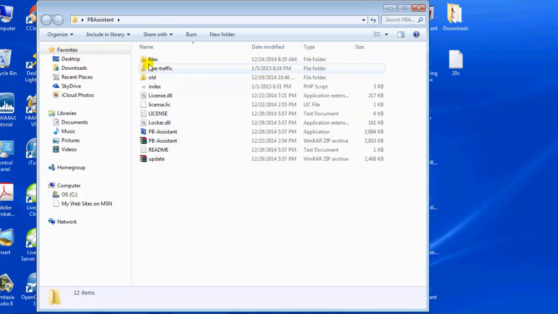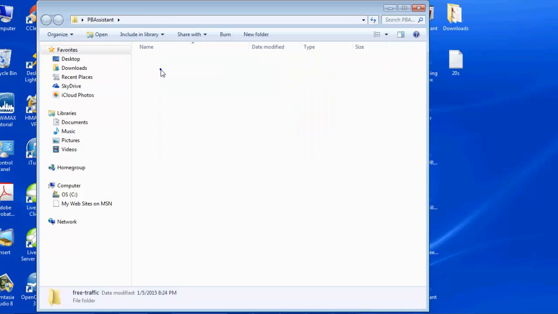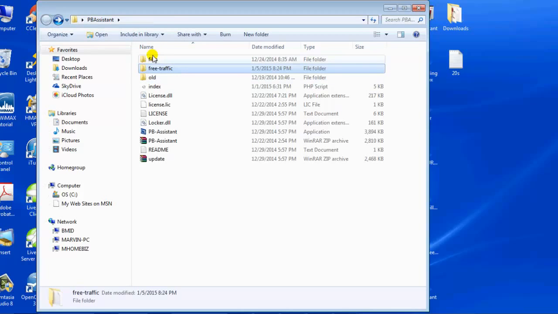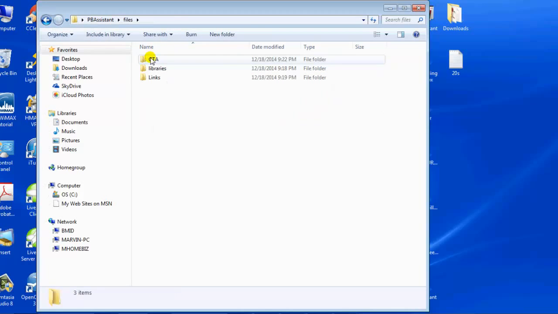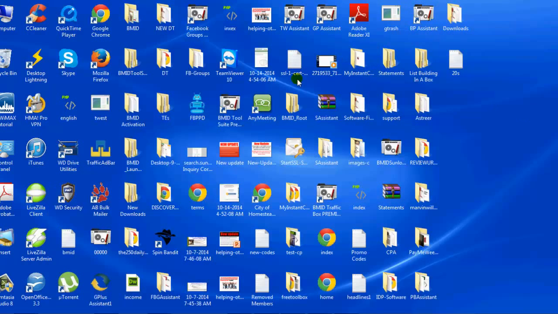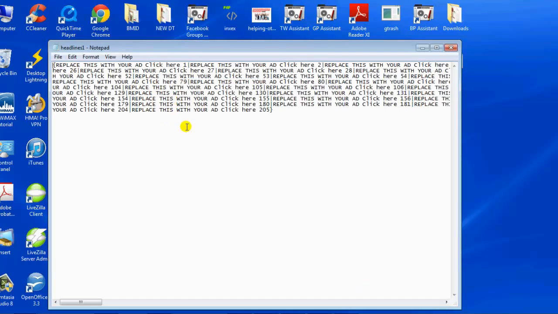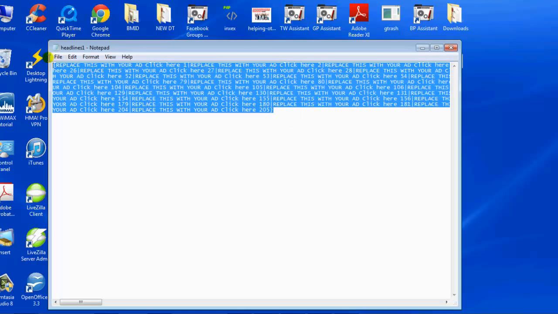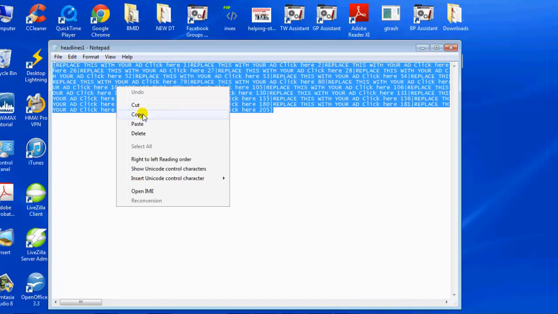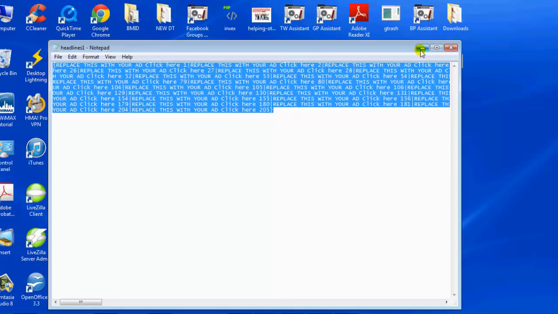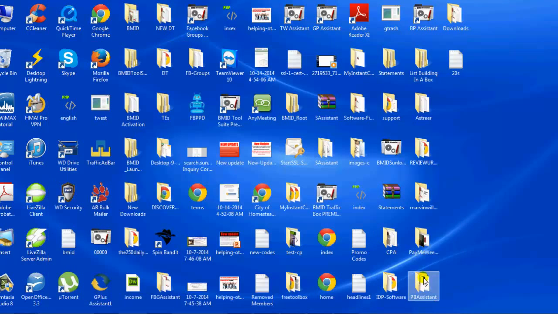So I go back into my software. Okay, so this is not the folder that I'm looking for. So let me see if I can find the headlines that I have in here. So these are my headline ads. These are the same file. So what I'm going to do is copy these over here. Okay, so I'm going to just copy them. And I'm going to go back into that folder